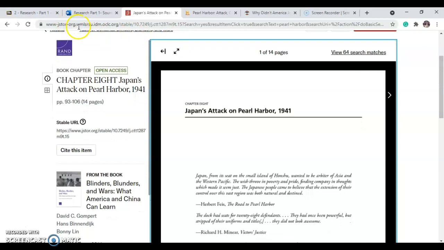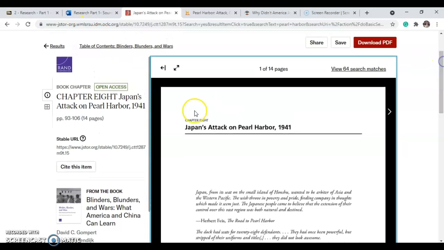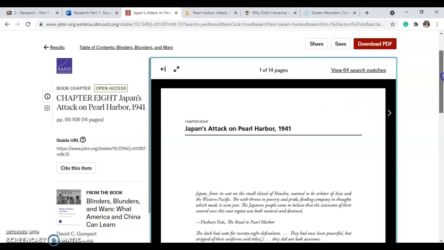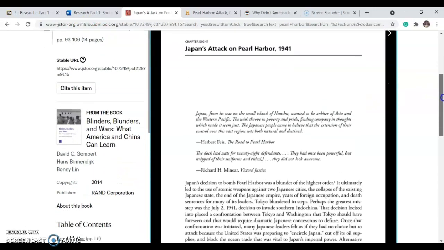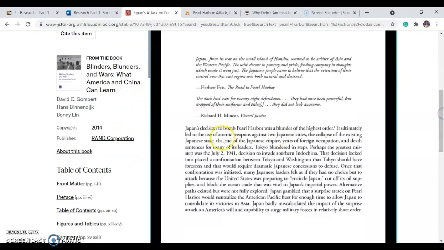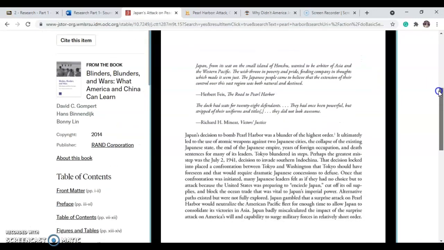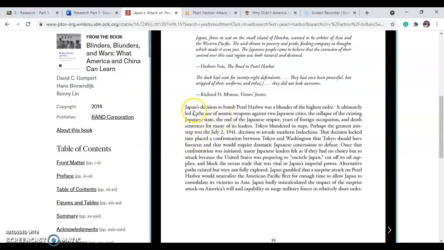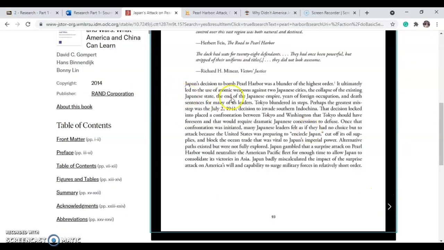So I chose to go to jstor.org. It's like an online library recommended by the university by Saul Ross. And this article is going to show us why Japan attacked Pearl Harbor. Okay, so here we see the introduction on the article,